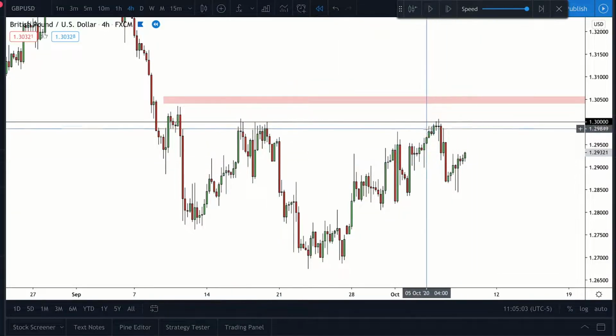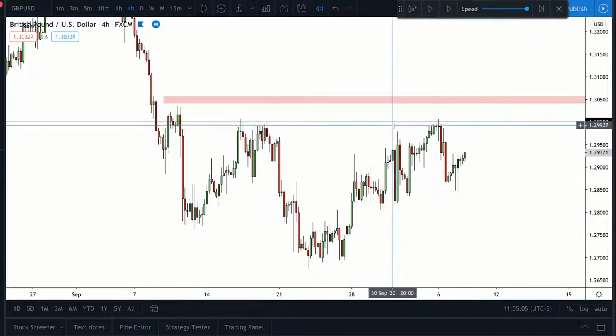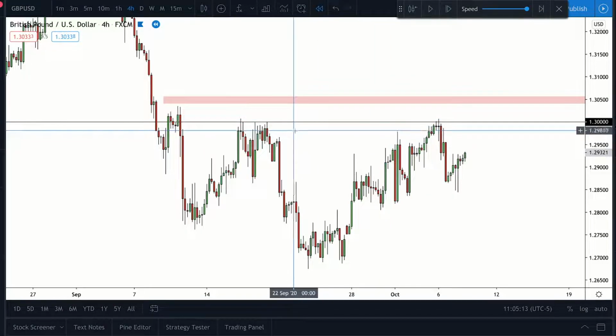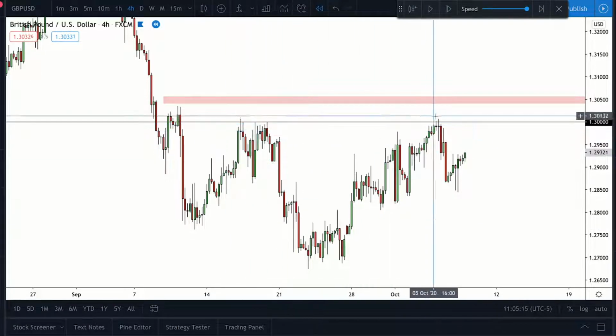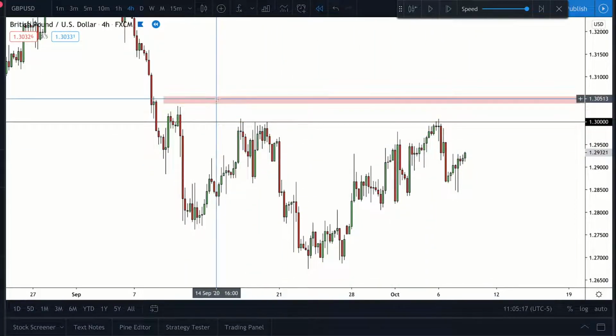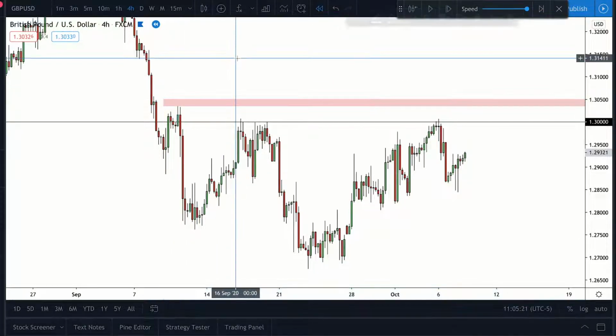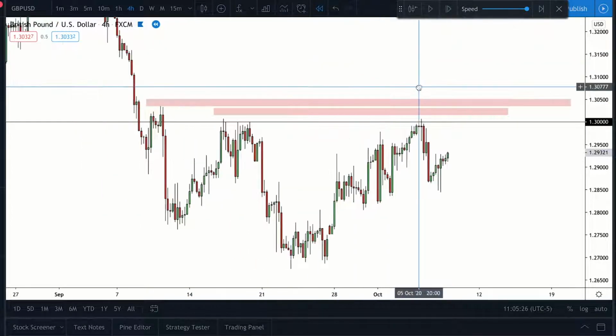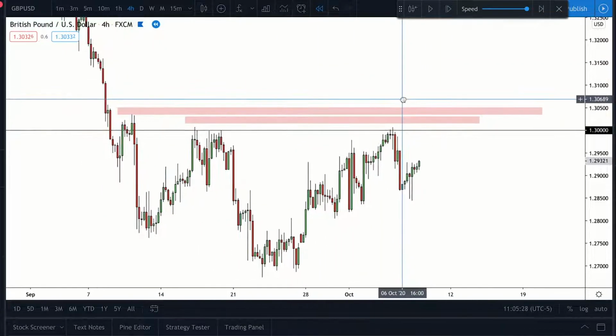But now that we've actually seen the market come back into this level for the second time and tap into it, well, then there's sellers here, there's sellers here, and there's sellers here. And these two are essentially completely equal lows, equal highs, sorry. So we know there's sellers there, we know there's sellers there, and we know there's sellers there. So where are their stop losses located? Well, the sellers here have their stop losses over the high, and the sellers at these ones have got their stop losses there. So this whole area is a big area of liquidity.